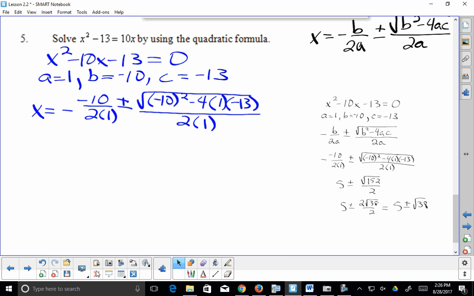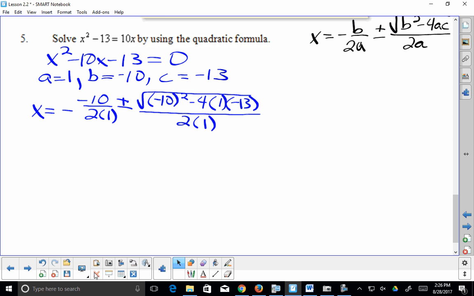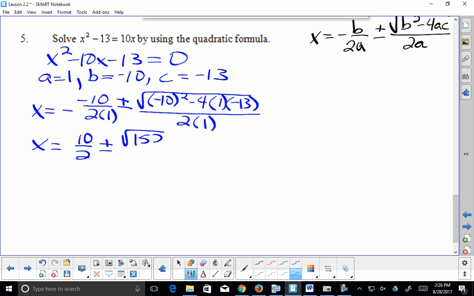I haven't got that far yet. All right. I put both negatives there. Okay. So this is x equals 10 over 2 plus or minus, and we got 100 plus 52, right? So 152, square root of 152 over 2. In this case, I do expect that you will simplify the square root of 152, because that one can be done without too much difficulty. All right, so x equals 5 plus or minus,